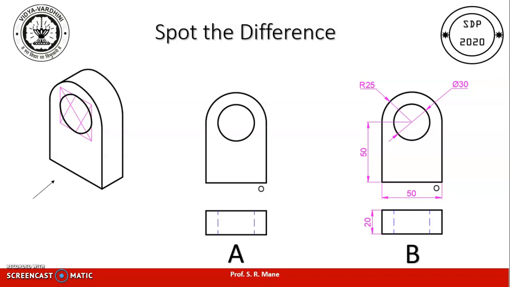Yes, you are correct. A is missing the dimensions. Consider the case in which A is given to a manufacturer and asked to manufacture this object. The manufacturer will find it difficult to manufacture this shape because the dimensions are not given. On the other hand, if the dimensions are given, the manufacturer will be able to draw as per the dimensions given, with the same precision. So how to give the dimensions for the object is what comes under annotations.